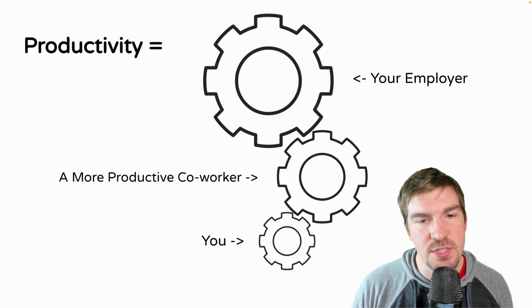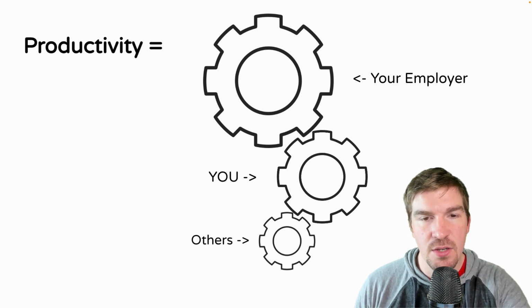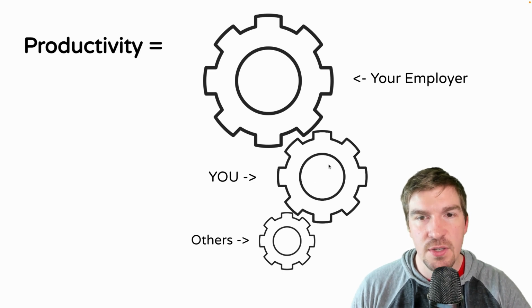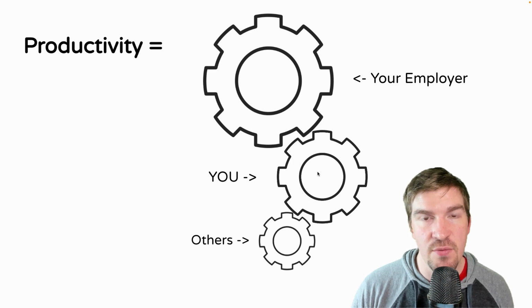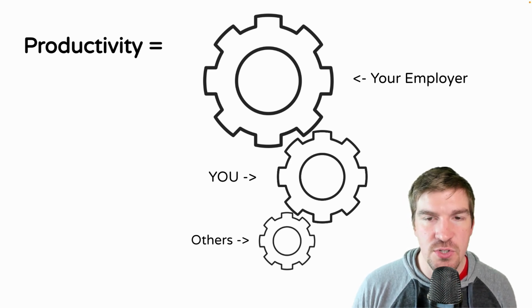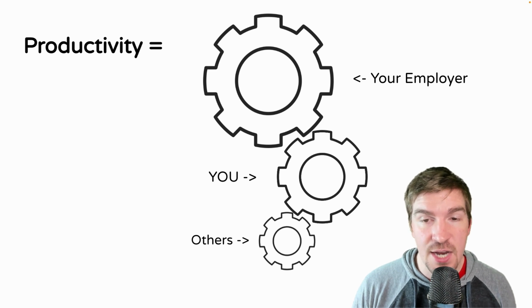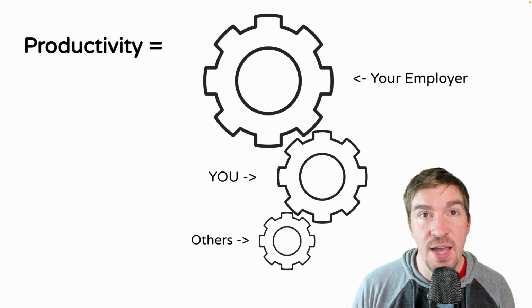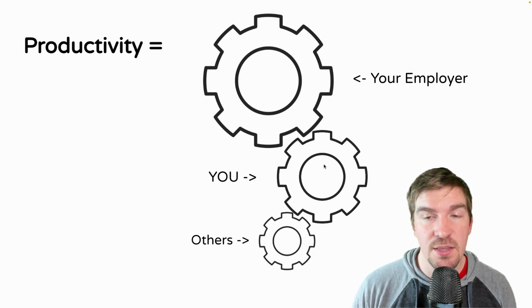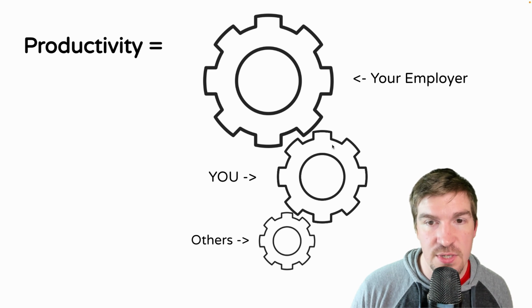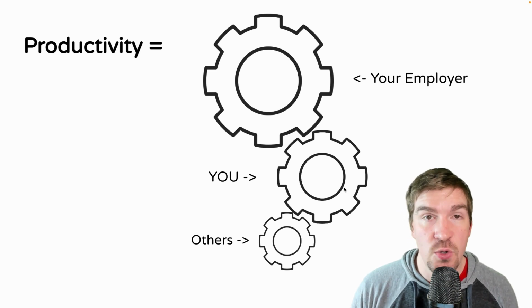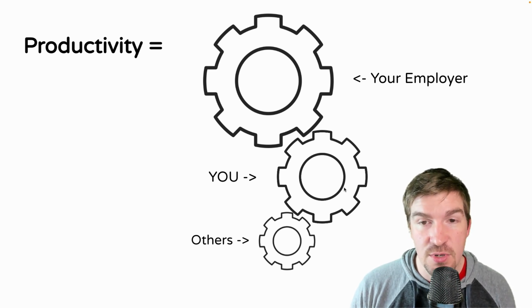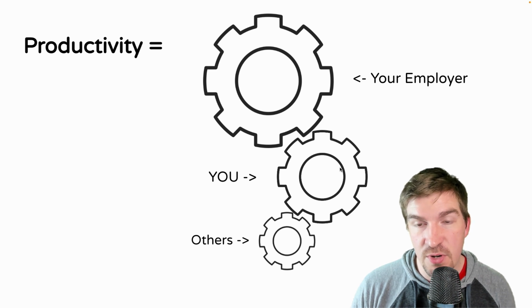So that's the system of how a business actually works on a macroeconomic and microeconomic view. And the goal of this course is to get you from here to here, to drive productivity and raise you up in the hierarchy of gears that drive a business. This course is all centered around actionable techniques that you can put into practice that will increase your productivity and increase your value and make you a bigger gear in the cogs that drive your business and organization. And obviously, if you are more productive and a bigger gear, then you earn more money, and that's going to increase your personal satisfaction as well as your professional satisfaction.